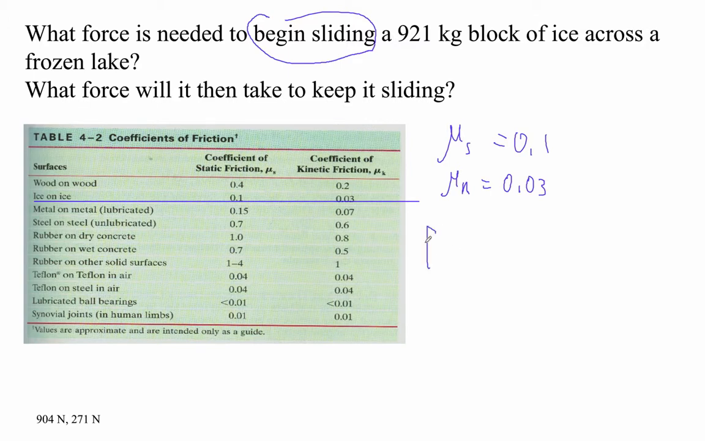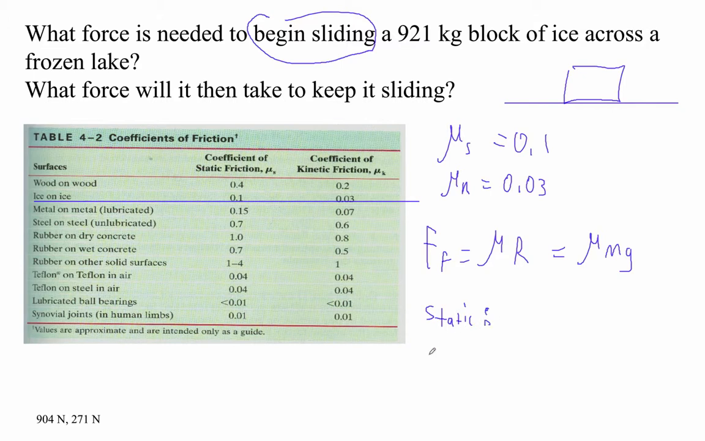So our force of friction is going to be mu times the reaction force. In this case, if it's an object sliding across a level surface, the reaction force is just mu times mg. So for the static, to begin sliding, right, that's what we're answering, it's going to be mu times m times g. And we'll use the static one, so 0.1 times 921, excuse me, times 9.81